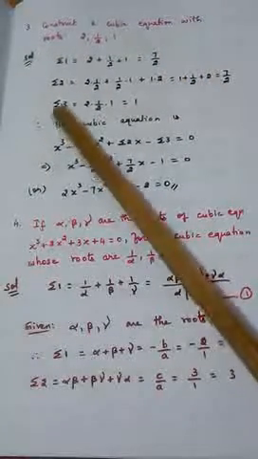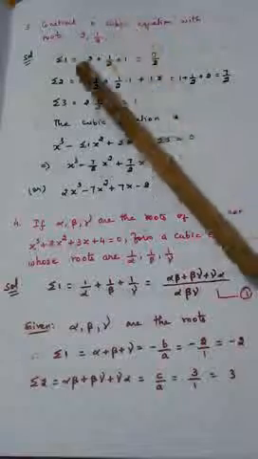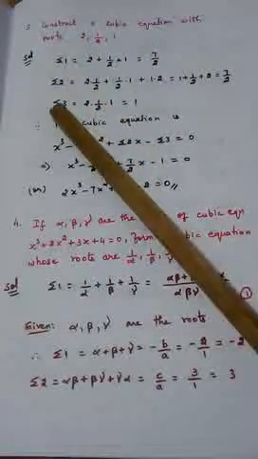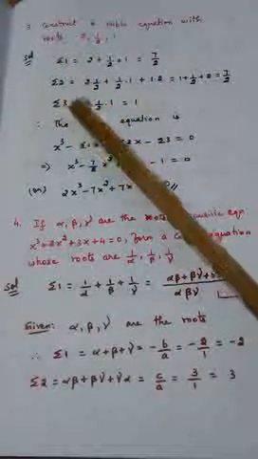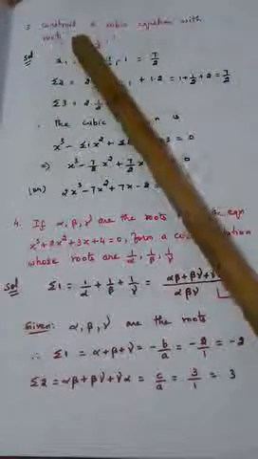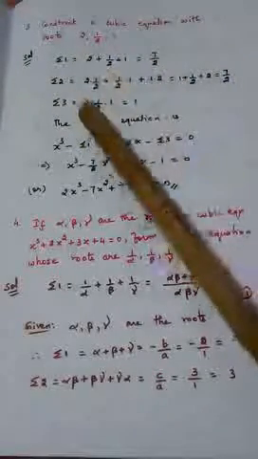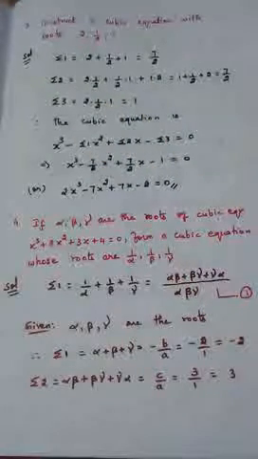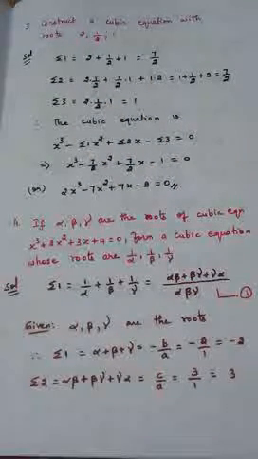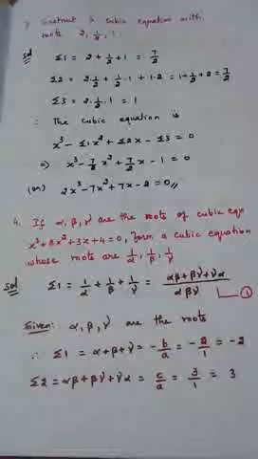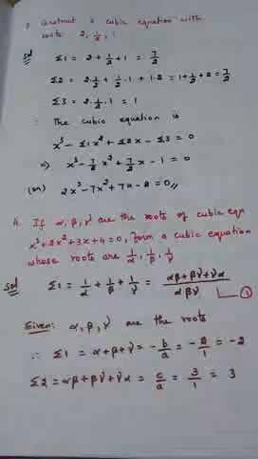Then we are calculating sigma 3. Because it is cubic equation, we will have sigma 1, sigma 2, sigma 3. Sigma 3 means how many roots we are going to take at a time. At a time we will take 3 roots. We have 3: 2, 1 by 2 and 1. So take all the 3. 2 into 1 by 2 into 1. 2 gets cancelled. So 1 is the answer for sigma 3. Again, can you able to understand? 1 is nothing but sigma 3.